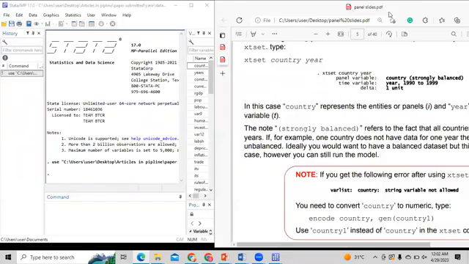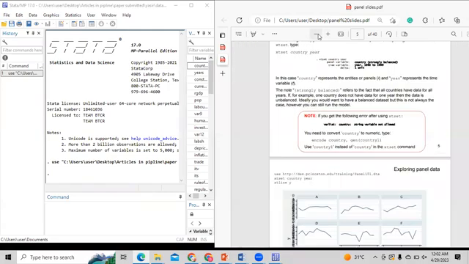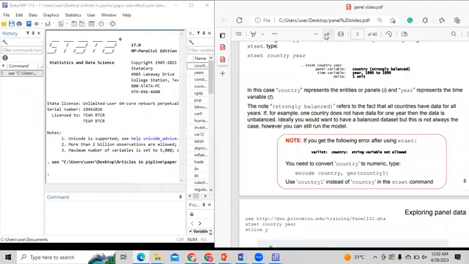First of all, you need to tell your Stata to take my data in the shape of panel data. Don't take it in the shape of cross-sectional data. Don't take it in the shape of time series, but accept this data as panel data. So the command would be